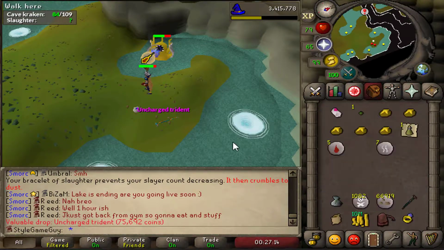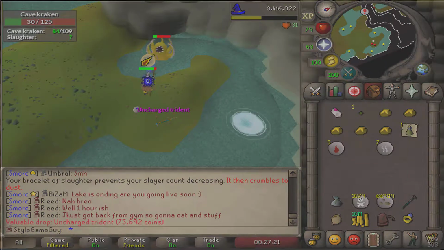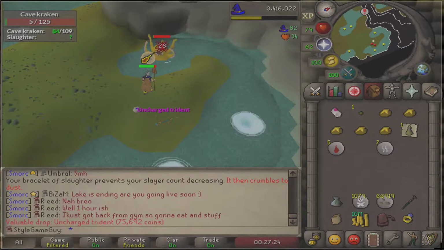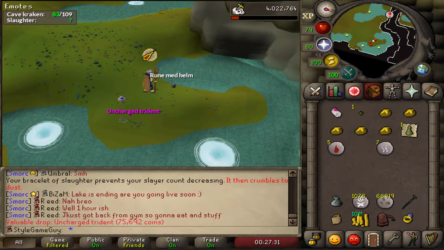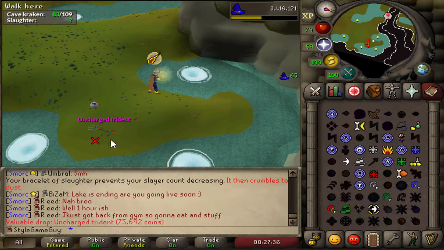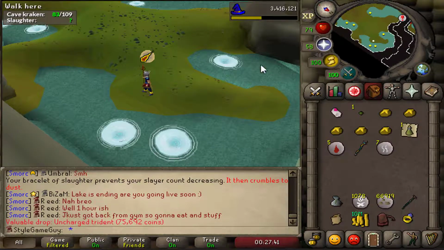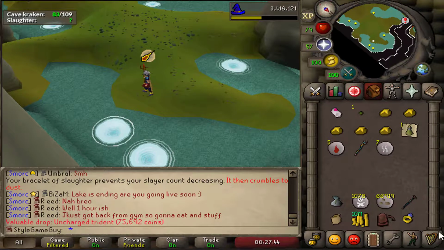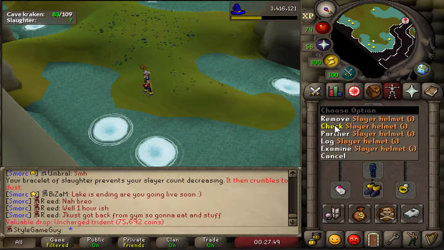But I guess the plan from here moving forward will be I'll be doing some Barrows. Certainly doing that. I'm going to want to get at least Ahrim's top and Ahrim's bottom and see what else I get along the way. I want those pieces for Zora. And then a lot of skilling going on as well. Need to get some crafting up and some Zenytes. Eventually I'm going to do Monkey Madness 2, start doing some demonic gorillas. And slowly but surely work towards 93 Slayer. And then basically it'll be a lot of Zora from there. So that'll be the long-term